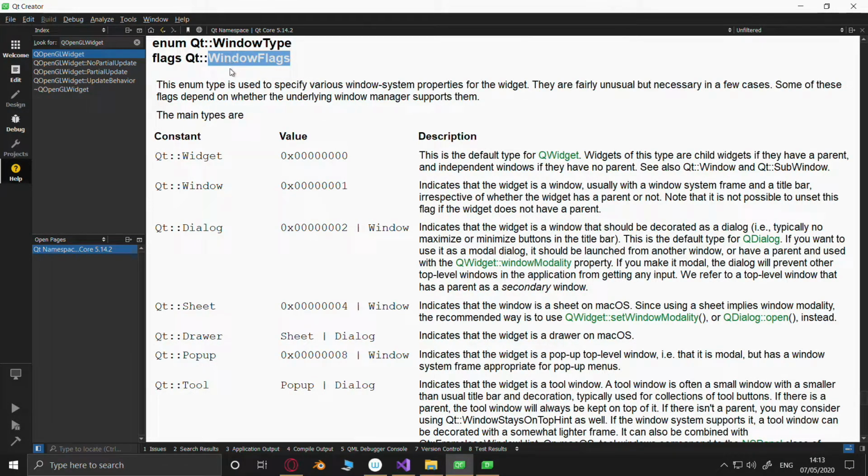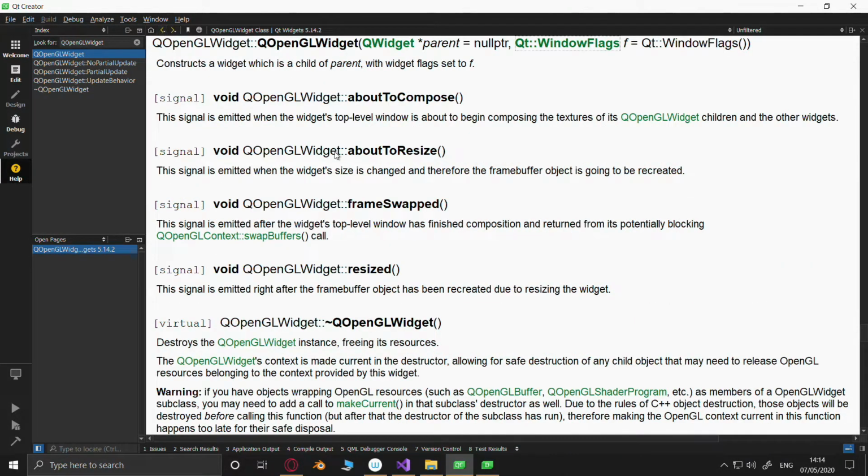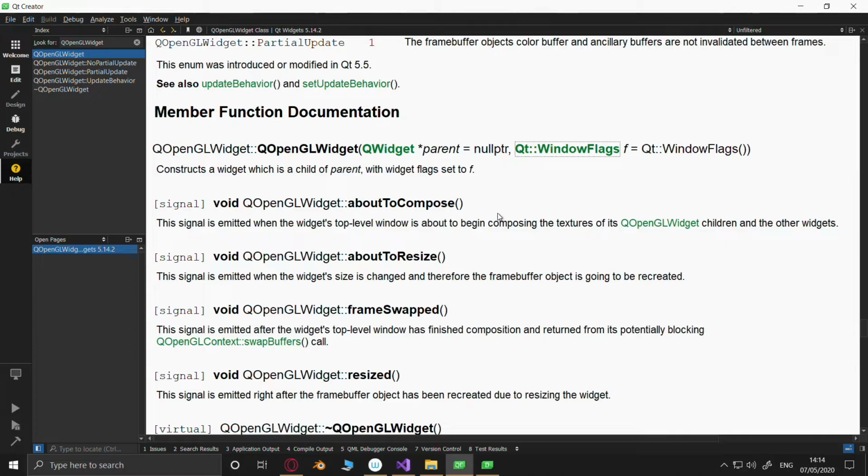Alright. Let's try it. How do we do it? So it's Qt window, colon window. How do we do it? We do it like that.